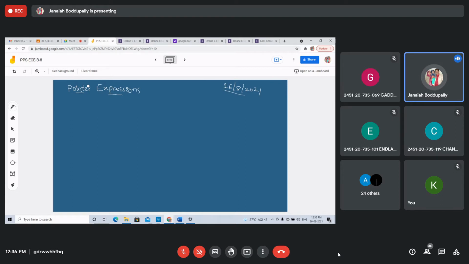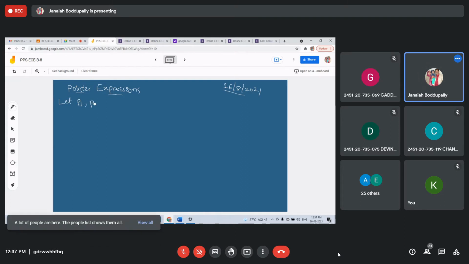C allows us to add integers to or subtract integers from pointers, as well as to subtract one pointer from another. See like this, we can add a constant value to any pointer. Suppose P1, P2 are two pointer variables.